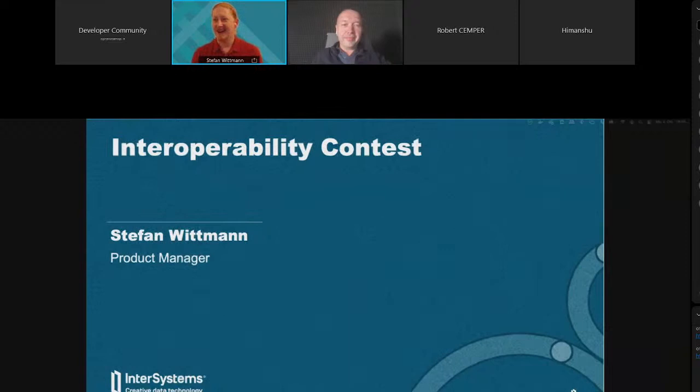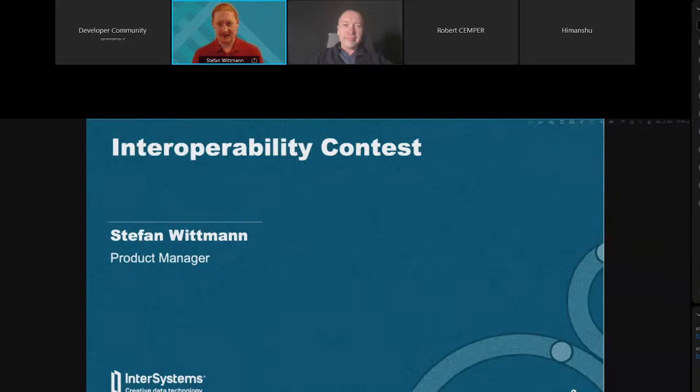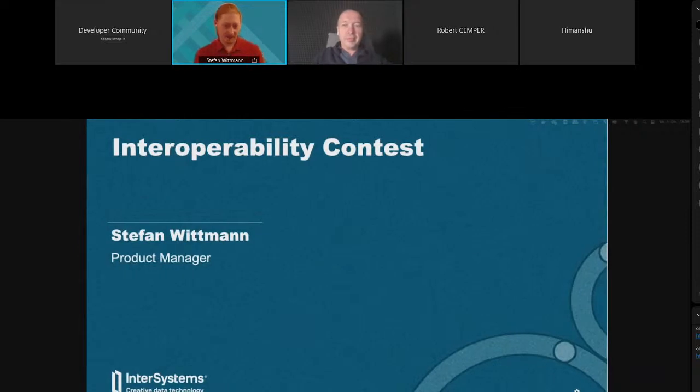I'm going to give you a very brief overview of our interoperability engine to get you started, so that you know what this contest is about. I'm the product manager at InterSystems for interoperability in general, and I'm joined by my colleague, Bob Kuszewski, who covers interoperability into other ecosystems like Java or .NET, Node, Python, all of these nice things.